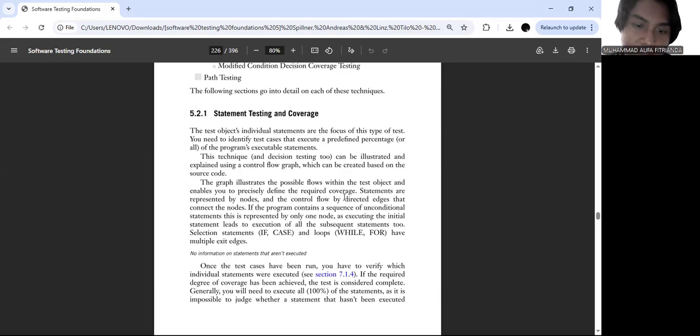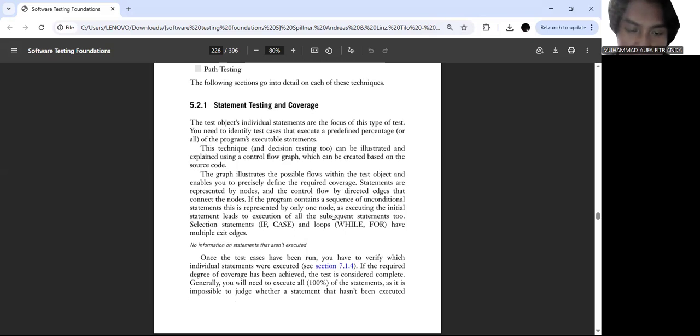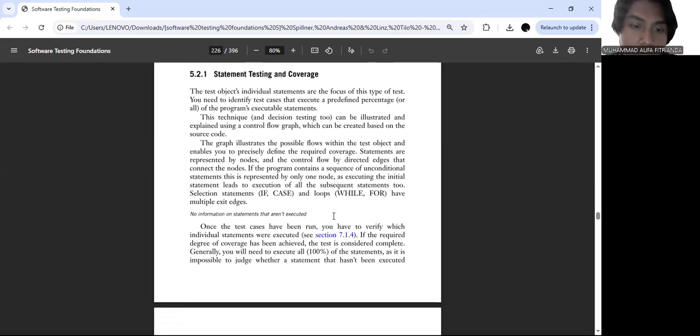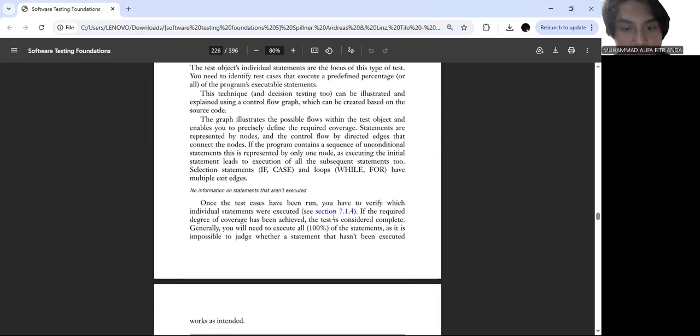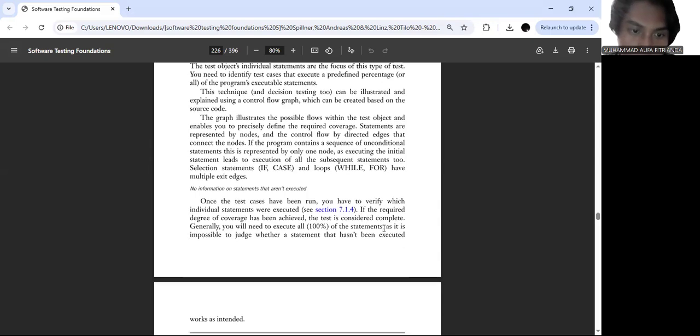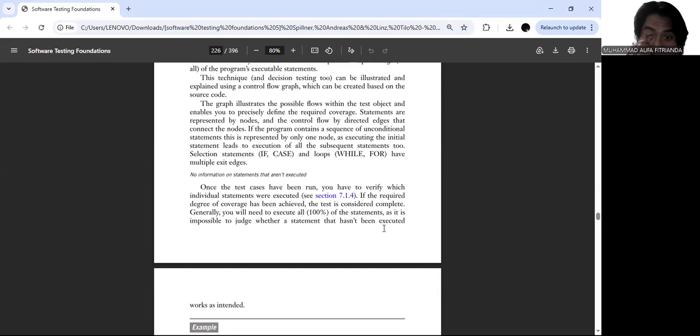Selection statements like an if case and loops like while and for have multiple exit edges. Once the test cases have been run, you have to verify which individual statements were executed. If the required degree of coverage has been achieved, the test is considered complete. Generally, you will need to execute all of the statements, as it is impossible to judge whether a statement that hasn't been executed